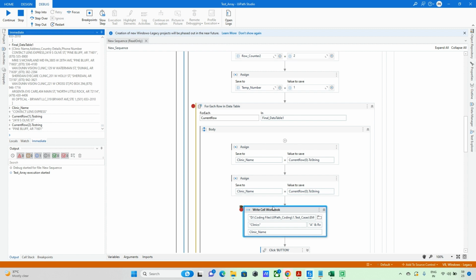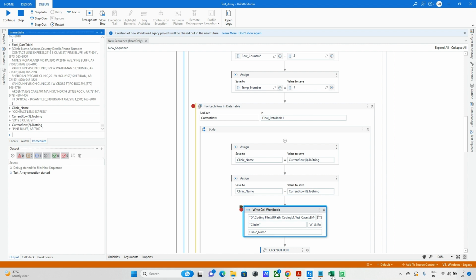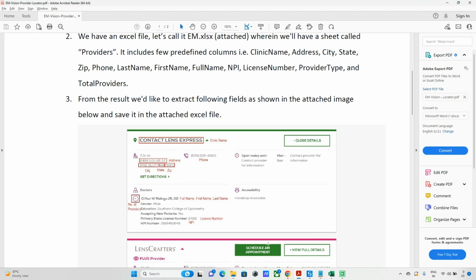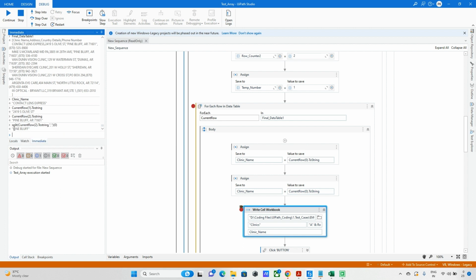The next one has two things here: city, state, and zip. So what is the city? We need to check. The city is the name. Okay, AR. Let me take split of comma of 0. So we got that city name,